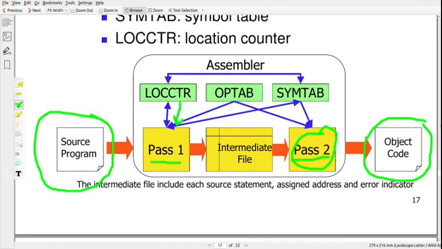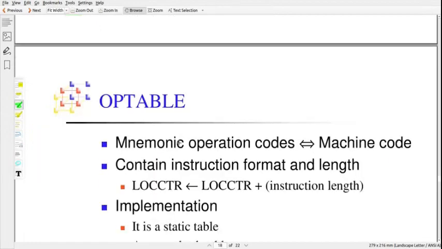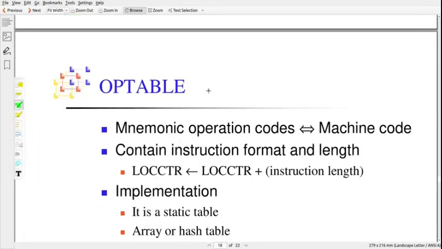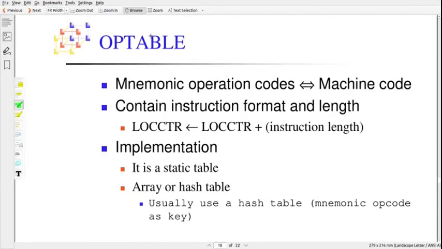Usually an assembler will perform this operation by pass 1 and pass 2, and we know that we do pass 1 because of forward reference. So one by one we will see a little more about the operation of these data structures. First one is OpTab, that is the operation code table.